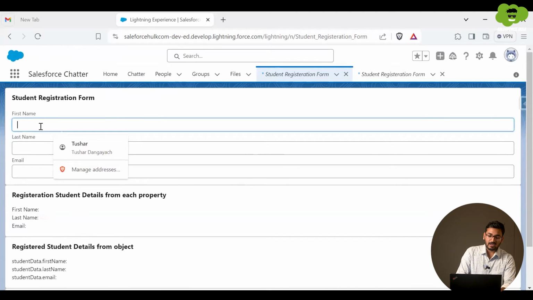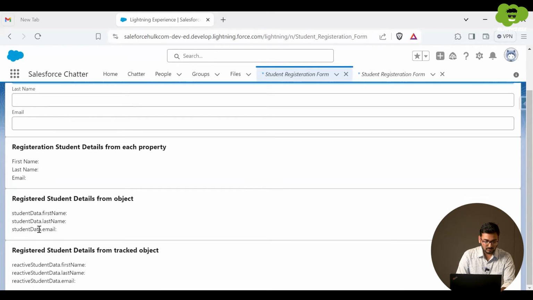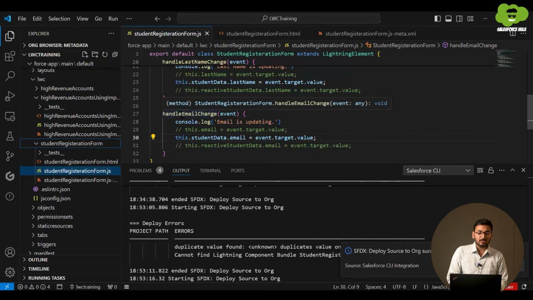Now here I'll be writing something. Again I'll write, let's say Harry, and okay, in this case nothing is reflecting over here. You can see here student data dot first name. Just after that it should reflect, like the other properties, when we reassign the values to those properties, they reflected in the UI.